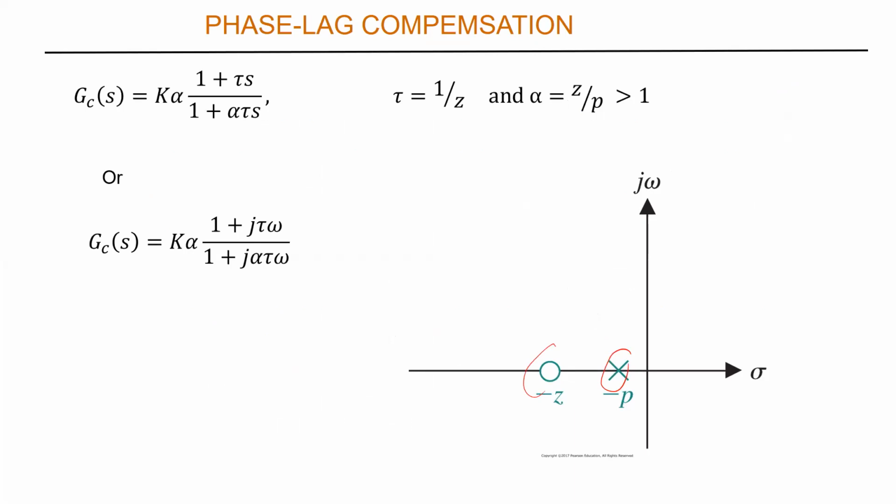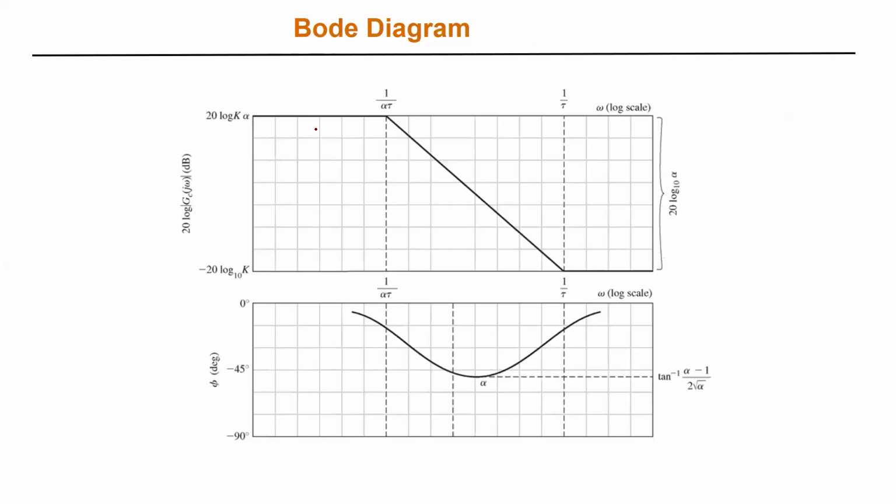So the Bode plot for this one, I start with constant until the pole, then the Bode plot is going to go by minus 20 dB per decade. Do you agree? Yes. Then when I reach the 0 it will give me 20 dB per decade with the minus, so I will